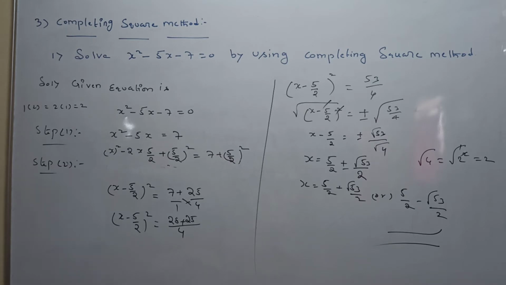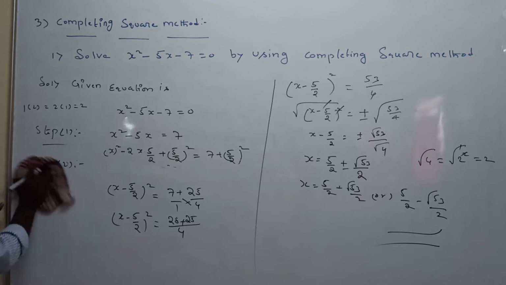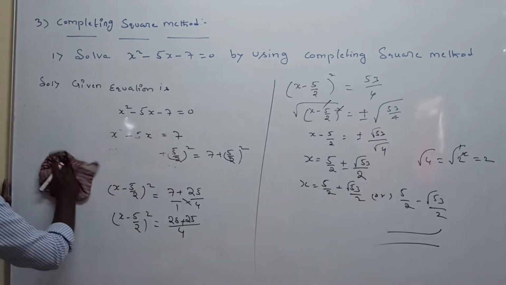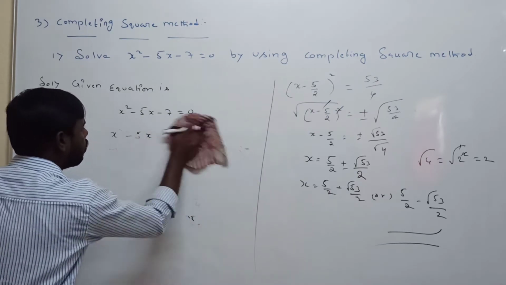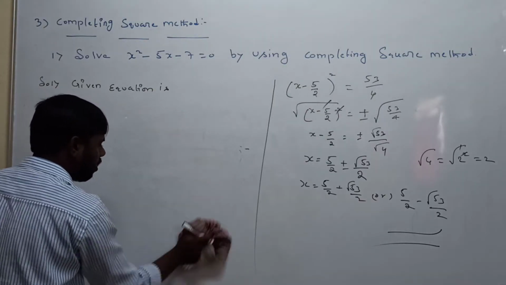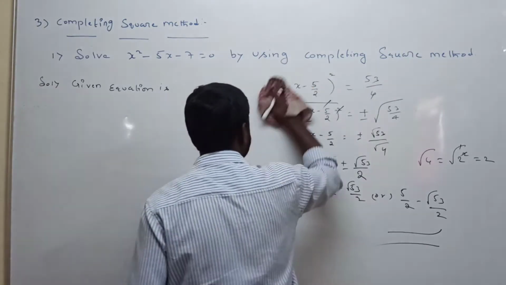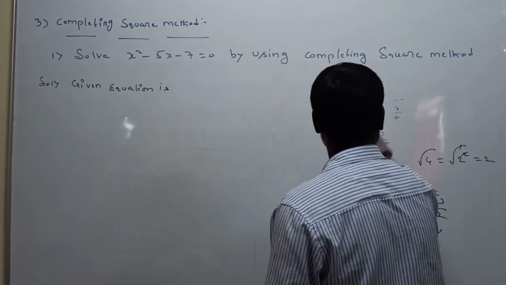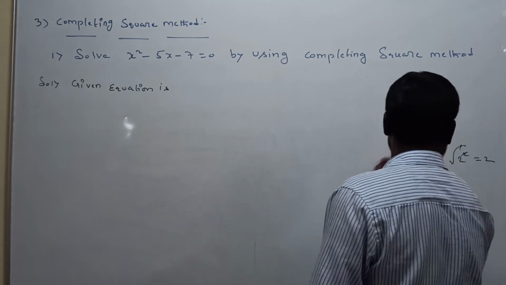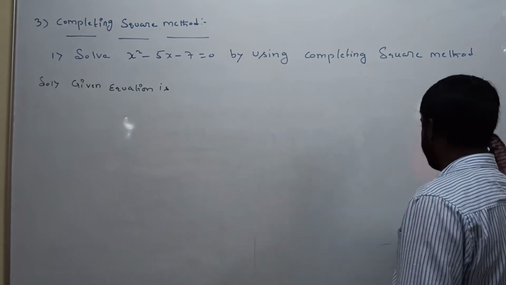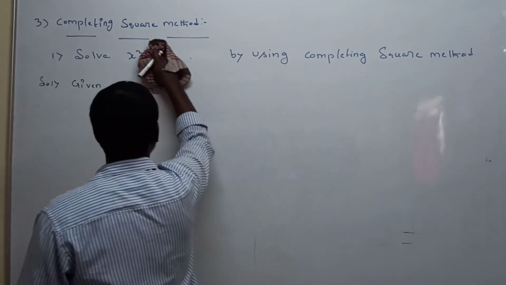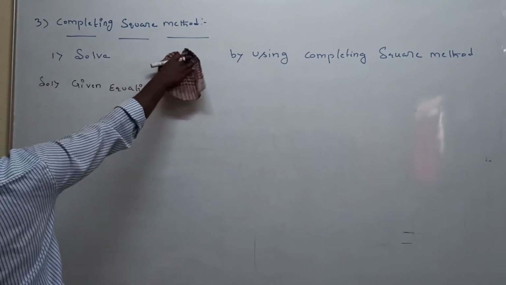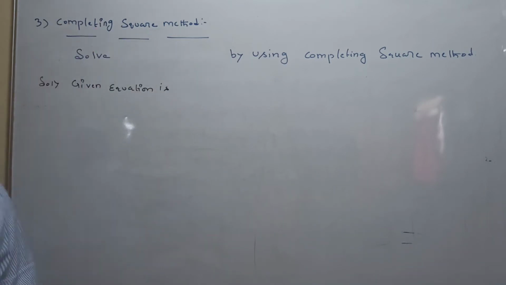So very easy, only two steps to apply here. Okay, everyone understood? The second question. The first step is what is the given equation, take the constant value to the right hand side. After that, the left side of the equation you convert to a square plus 2ab plus b square, or else a square minus 2ab plus b square. The second question.